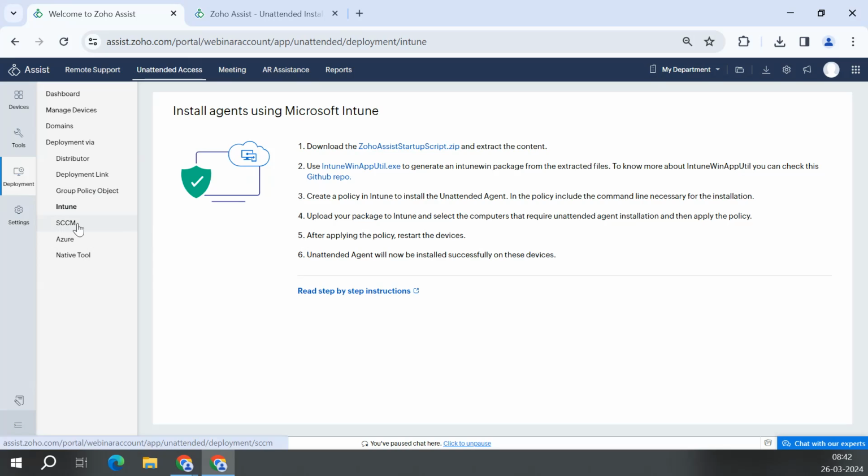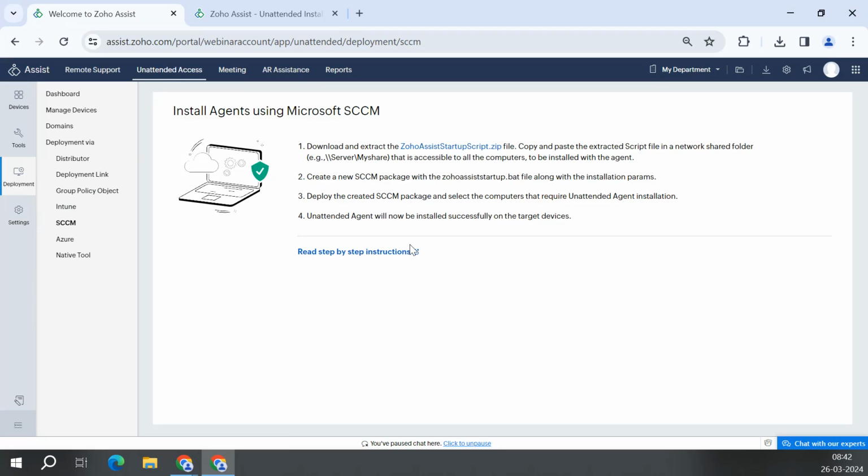Then we have SCCM, which is System Center Configuration Manager. You can utilize this method especially if your organization is based on the